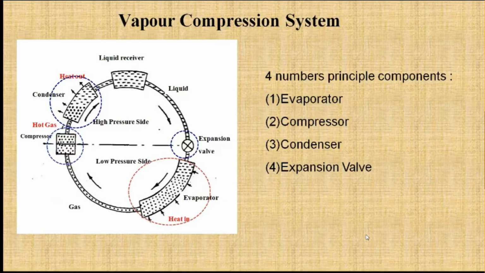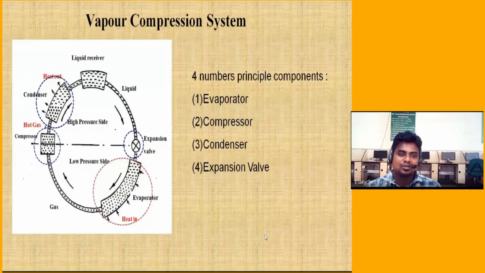And the compressor, you all know, is used to compress the refrigerant. Refrigerant is nothing but like the blood in our vein system, and that is compressed in the compressor. The next one is the condenser. The condenser is the component where we are going to change the phase of the refrigerant.